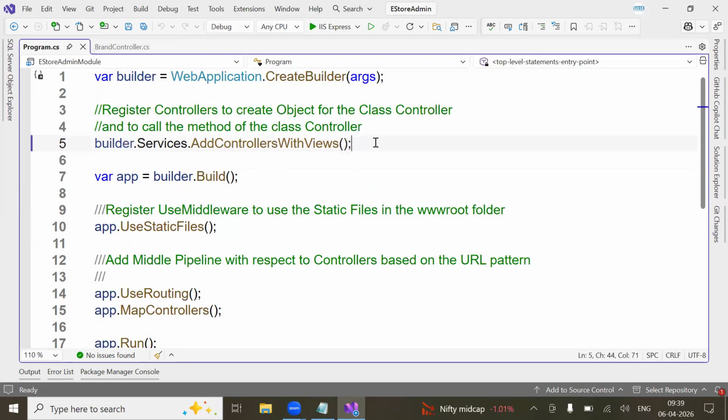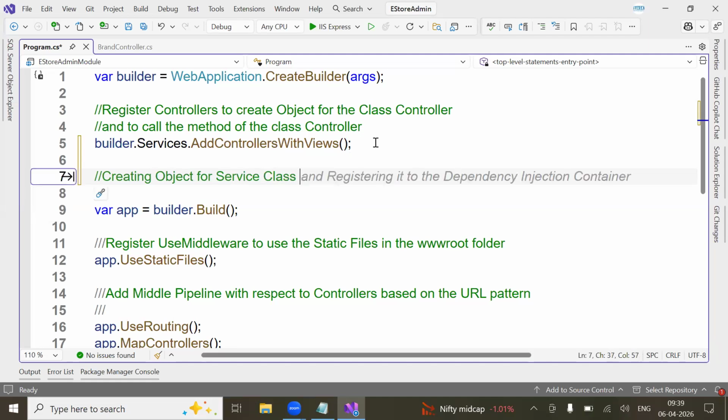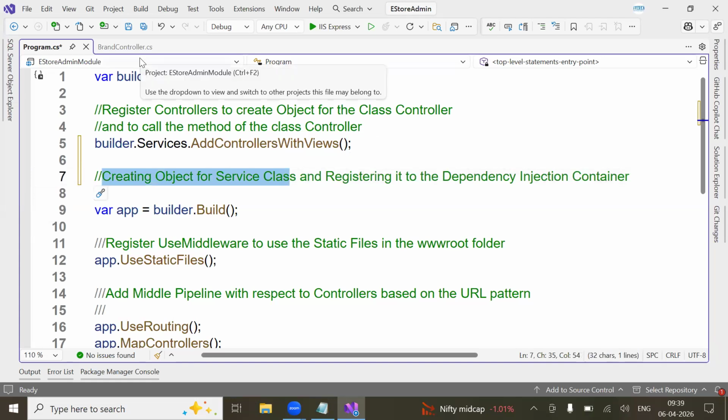I'm creating objects for service classes and registering them in the dependency injection container. Understand my point? So when I create an object, this object can be used in any controller on a